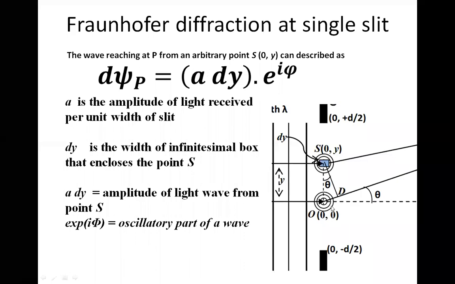Remember, the full slit from minus d by 2 to plus d by 2, let us say it is receiving an amplitude of some small a. I have mentioned here, please see, small a is the amplitude of light received per unit width. So if you can imagine minus d by 2 to plus d by 2 as 1 unit, let us say 1 centimeter for example, then within 1 centimeter gap, if a units of amplitude is received, that is what you call small a. I repeat, a is the amplitude per unit width of the slit, right?